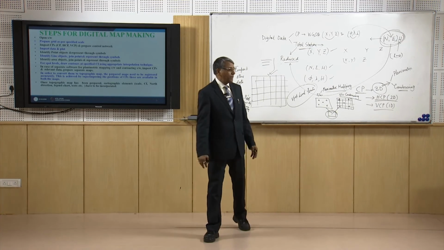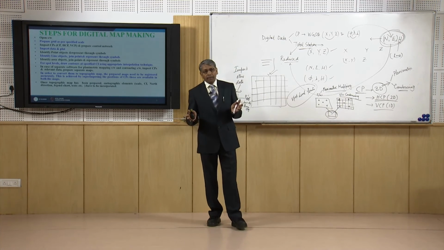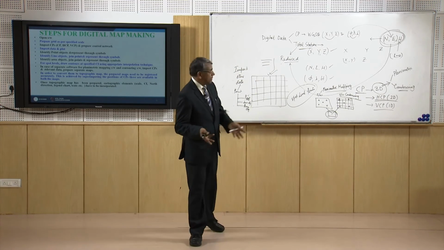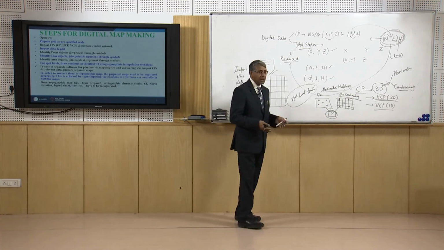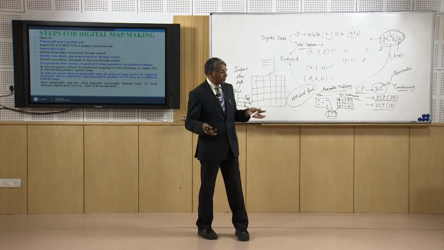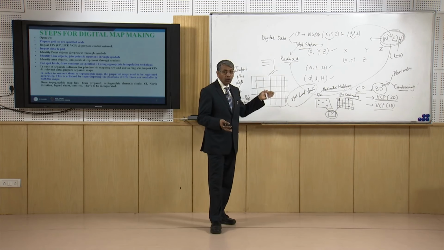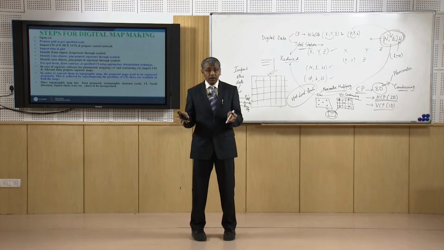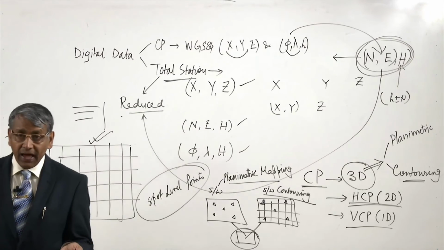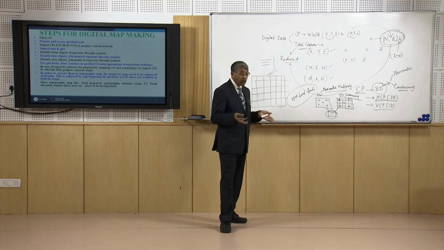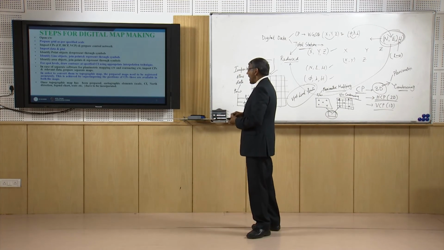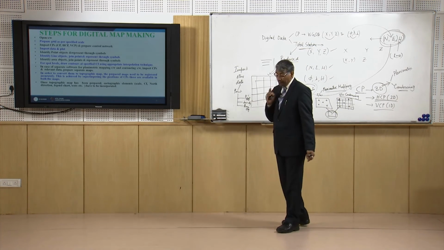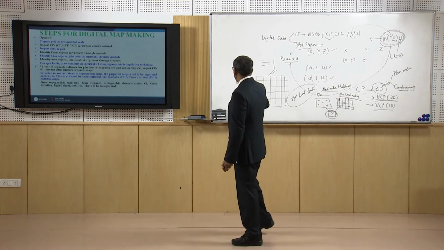Like if I want to prepare a topographic map for developing an area for construction of a building. For construction of a building we need a contour interval like 0.2 meter. So, we have to see whether the contours are 0.2 meter or not, and there may be so many objects which are important for construction of a building in that area. All those objects are present here or not. We should be satisfied that whatever is present in the field has been represented in the map.